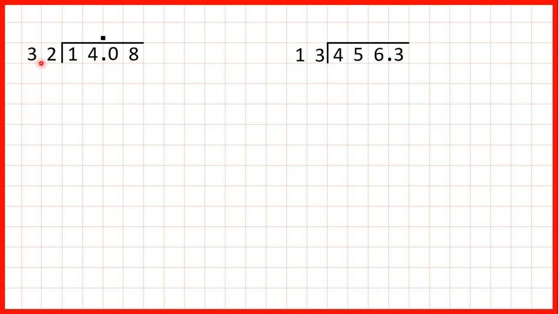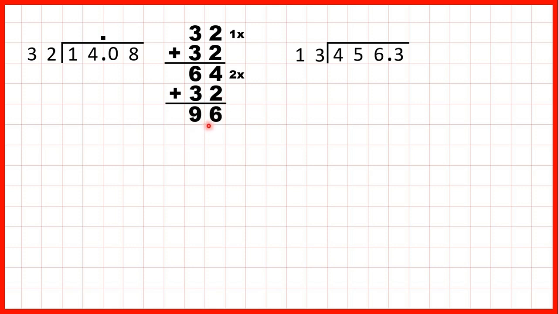Now, because we're dividing by 32, we need to work out our 32 times table. 32 is obviously 1 times 32, but if we add another 32, we get 64, so that must be 2 times 32. Adding another 32 gives us 96 for 3 times. If we add another 32, we get 128 for 4 times, and adding another 32, 8 plus 2 is 10,